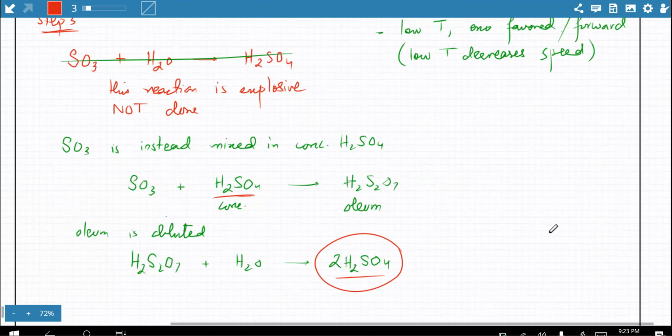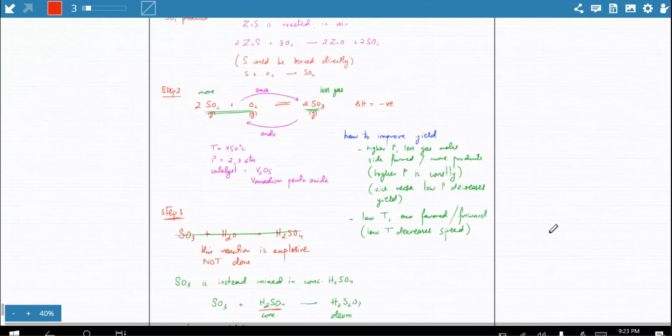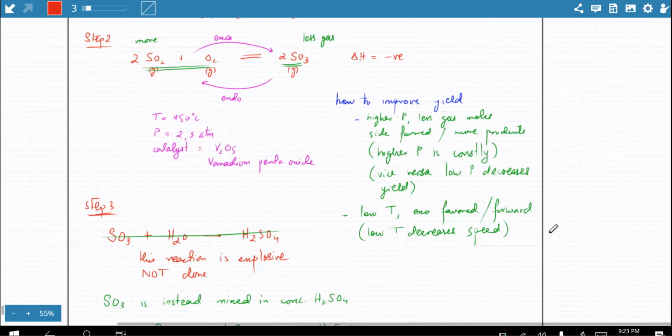Remember, kid, this is all about memorization. There's no logic to it. There's no understanding. Even when we start attempting past papers, the only thing that is reasoning is how do you improve yield? That's the only part where you'll have to use a bit of brain. The rest is all just memorization. You just have to memorize the entire process. Questions will also be like that.